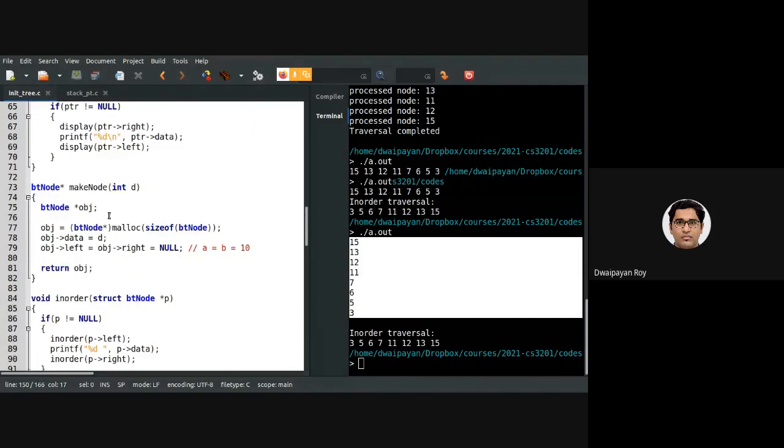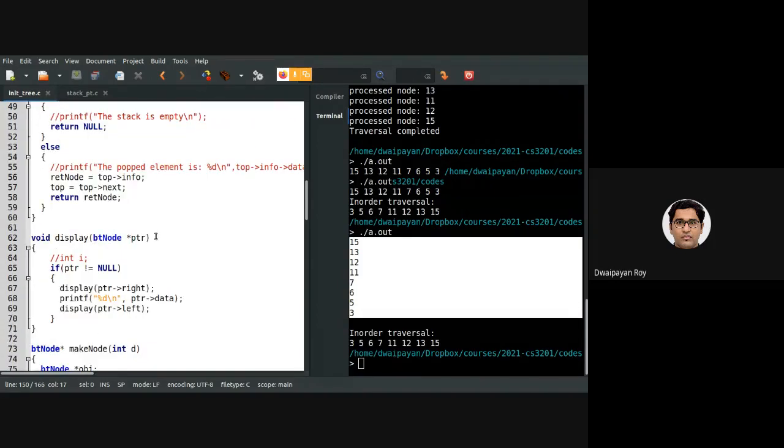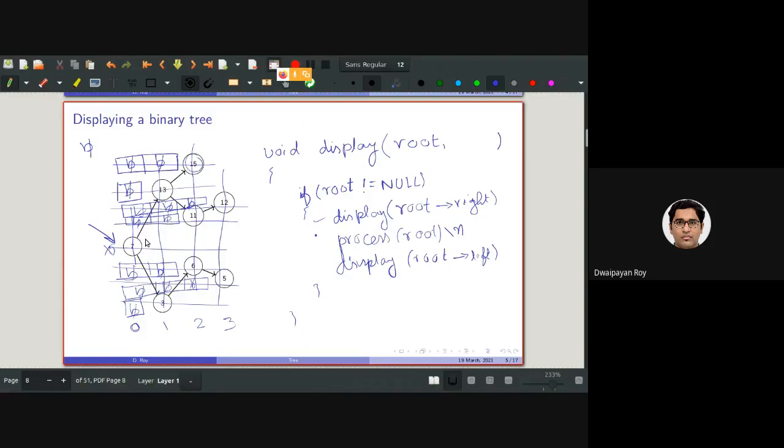Then in the display function, where was I? Yeah. I need to take this as display, say, label. And then from here, what should be done? Please help me here. Come on, it's pretty easy.